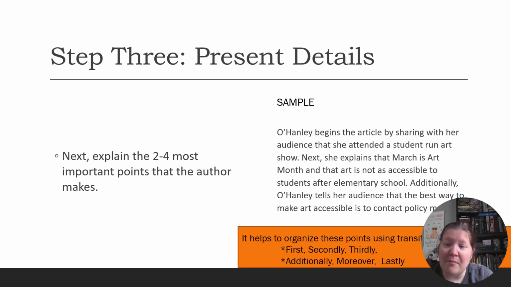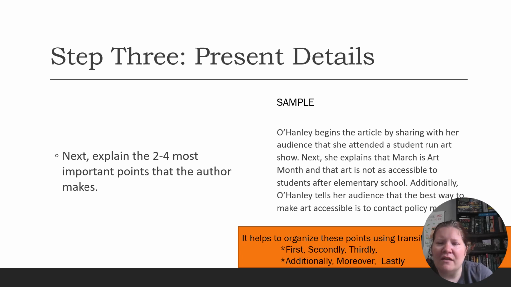Usually we can determine that by breaking down what was actually presented in the article, chunking it out, so to speak. For each of the articles that you are summarizing, there should be at least 2 to 4 key details being presented. I would suggest really looking at the headers in some of the articles, because the headers show a clear organizational structure that the author was using, and that usually means that the key details have been isolated already for you, and you just have to be able to identify them and then relay them to your